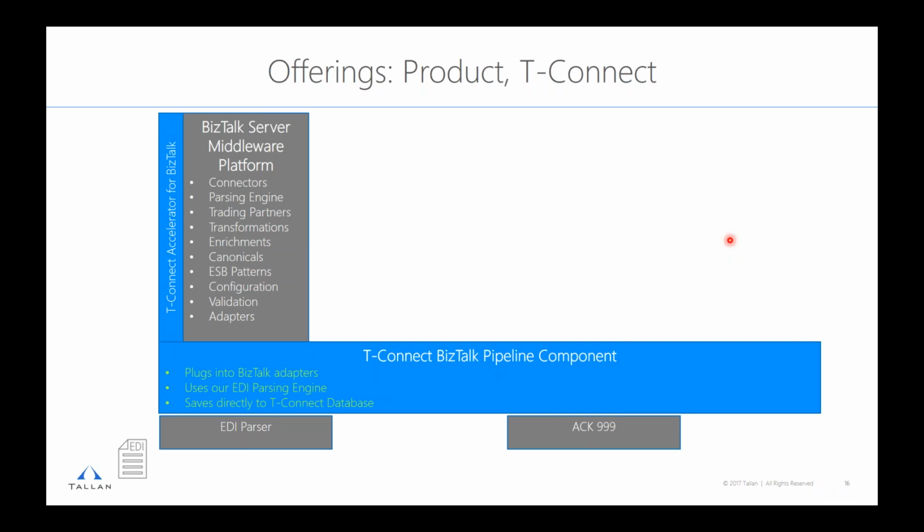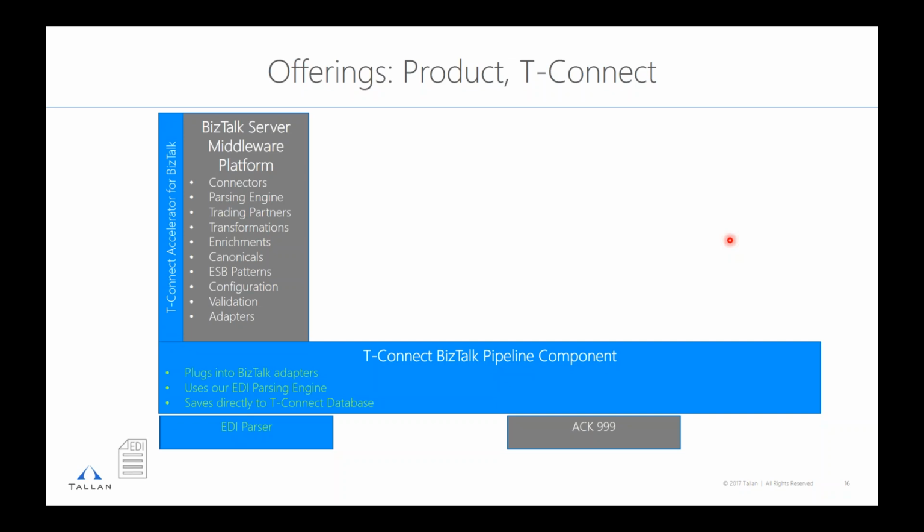What's interesting is it uses our own EDI parser, so we don't use Microsoft's EDI parsing. We feel this is different from anything else done in the industry, so we're super excited about the parsing engine.